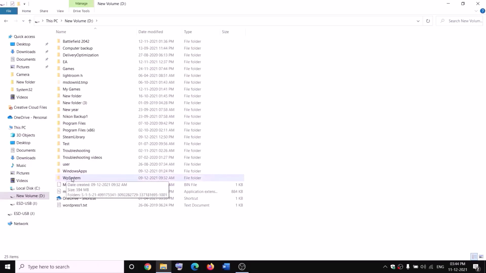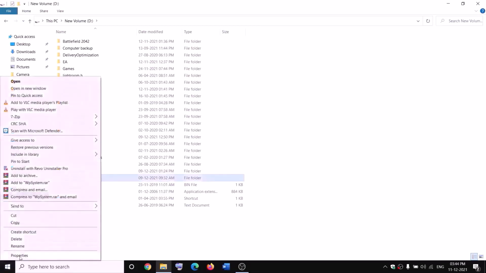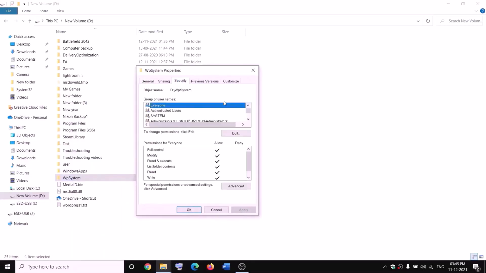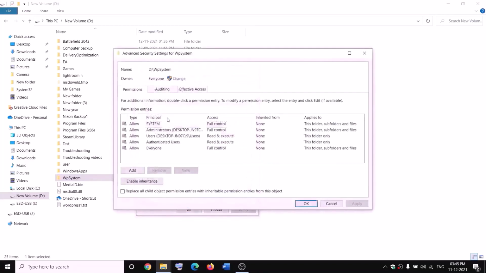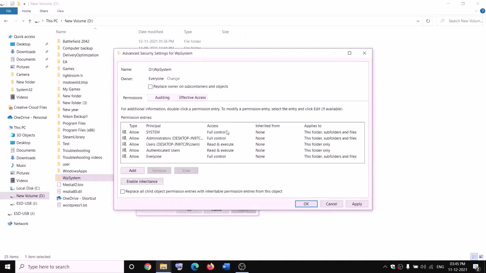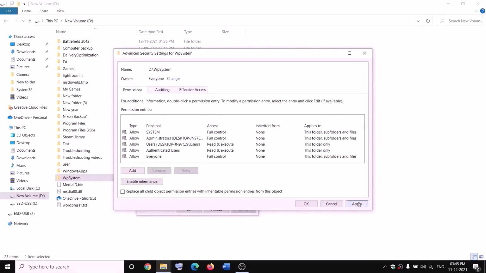So make a right click on WP system folder and then select properties, go to the security tab. We will go ahead and take the ownership of this folder. So go to security tab and then click on advanced. Now click on change over here and then type in everyone over here, everyone, and then click on check names, then click on OK. Now put a check on the box which says replace owner on subcontainers and objects, and then click on apply,